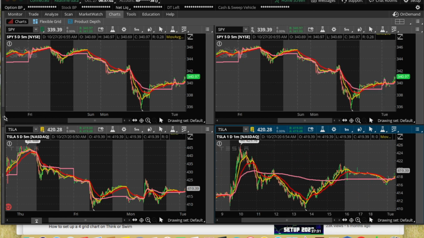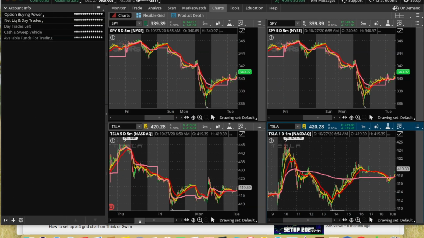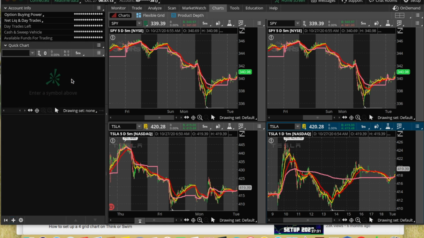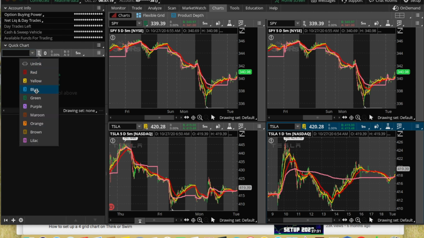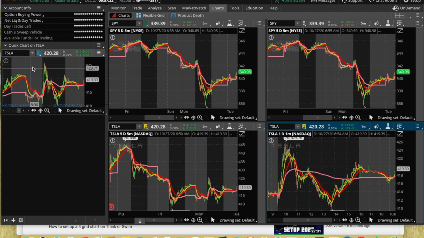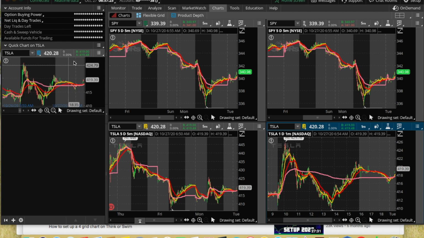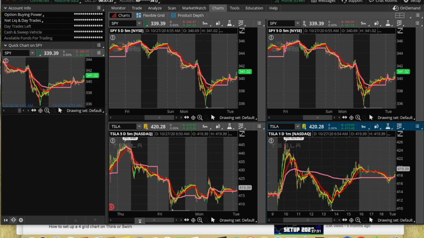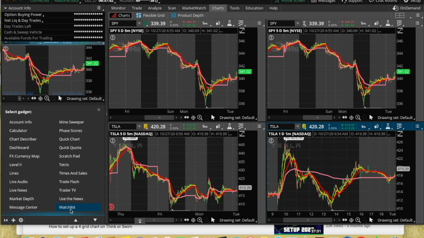And let's go here on the sidebar, right? So I deleted everything out, cleaned it out for you, so I'm going to show you from scratch. If you click the plus sign and go to quick chart, right? And let's say we type in, we could just go here, and Tesla is linked to yellow. So let's go here. It will pull up Tesla right here. See? How cool is that? And you can do the same thing. It's color coded. So if you go here, SPY is linked to green. Just go green here. And if you click on the plus sign and go here, watch list,